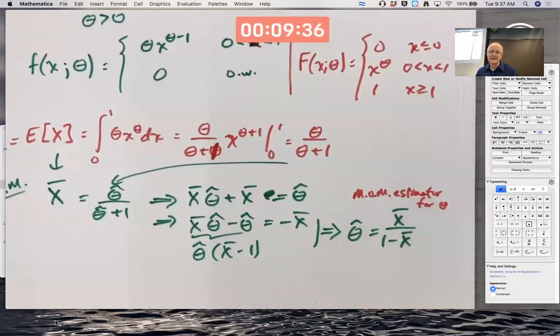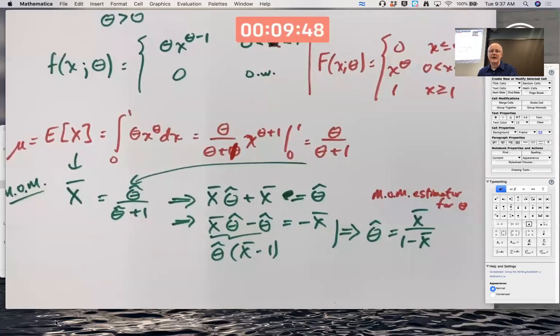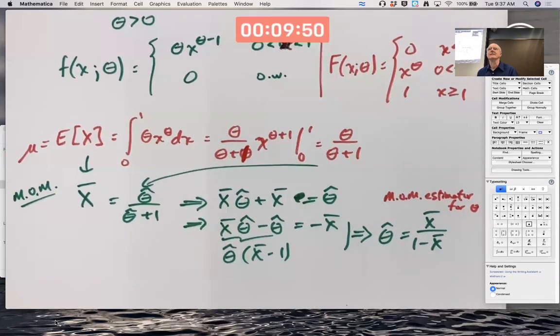It is a statistic, right? That's a function of the random sample. It's a random variable. Statistics are random variables. By this logic here, it's a natural thing to use to estimate theta. We might wonder if it's an unbiased estimator for theta. We might wonder, is it a consistent estimator for theta? Is it efficient? Remember, unbiased, consistent, efficient, those are words we've talked about recently. Those are hard questions, actually. Let's skip them for the moment